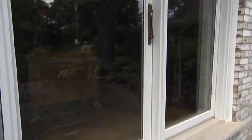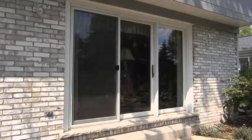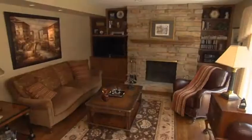We got a custom door made by Marvin. They came out and measured. We had a 2-part sliding door, and they expanded it to a 3-part to bring in more lighting and allow